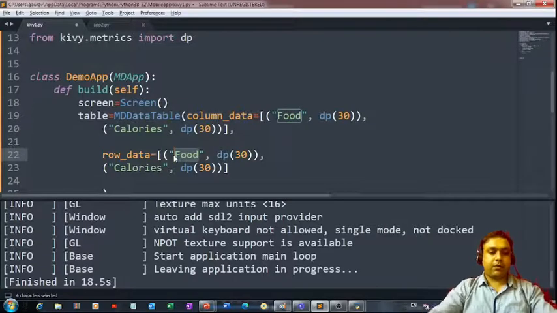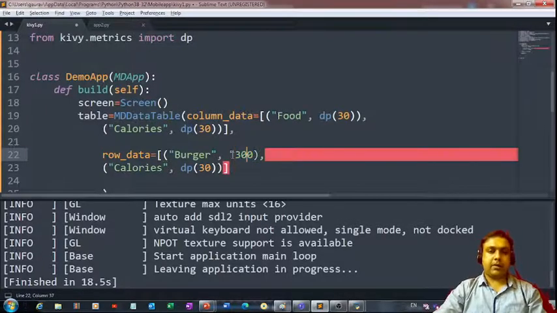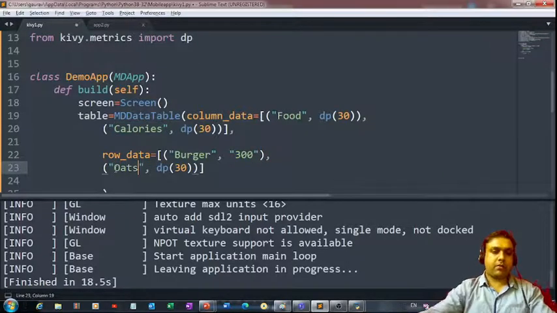So this is for the first field, burger, and what are the calories? 300. Let's say burger gives us 300 calories, and over here we can have oats, and from oats let's say we get 150 calories, right? So we can pass 150 like this.